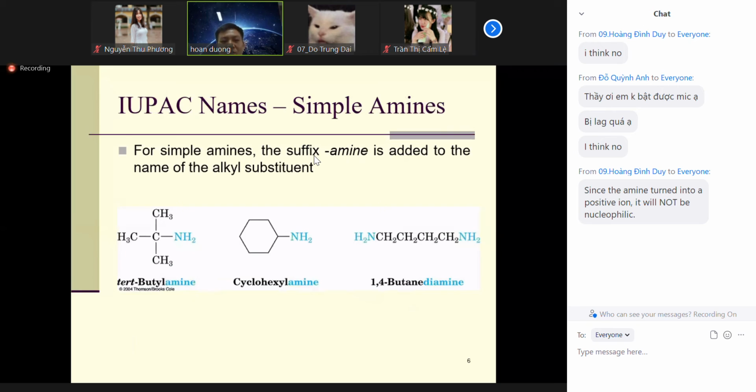Now we have some more names here. We put the suffix amine, hậu tố là amine, and add it to the names of the alkyl substituents. And I showed you before, no space. That's the one thing: no space when you put it in. So here, for example, you see tert-butyl, and you have 1, 2, 3, and you tap. That means